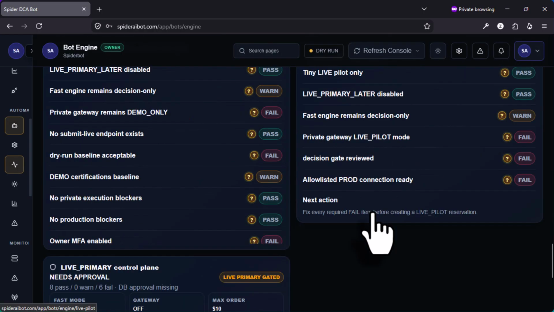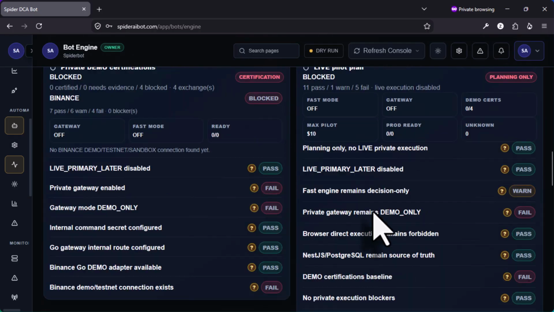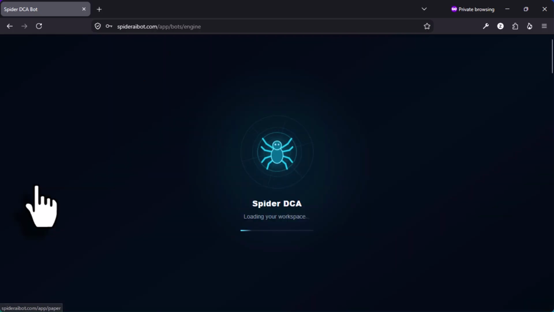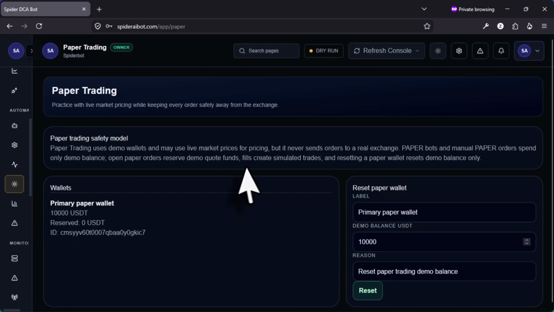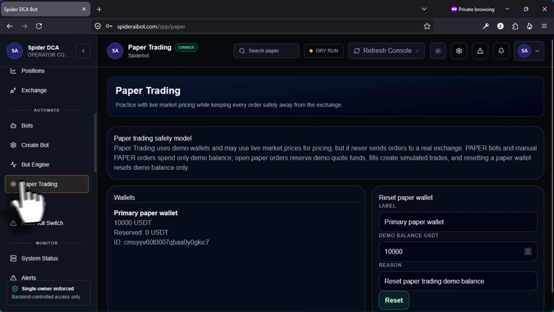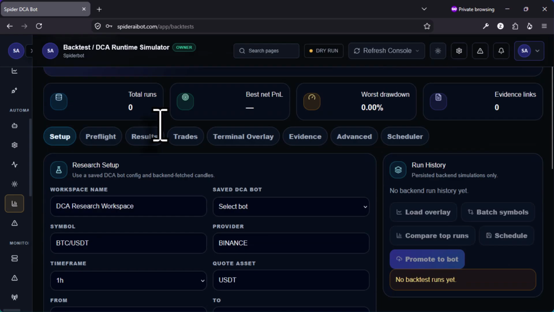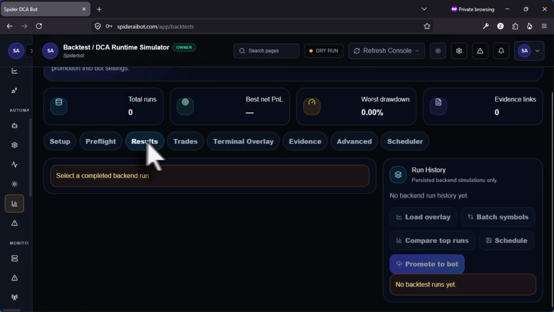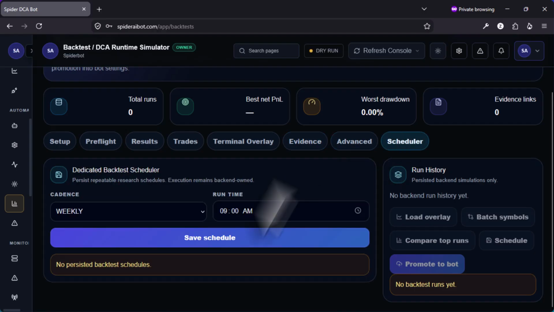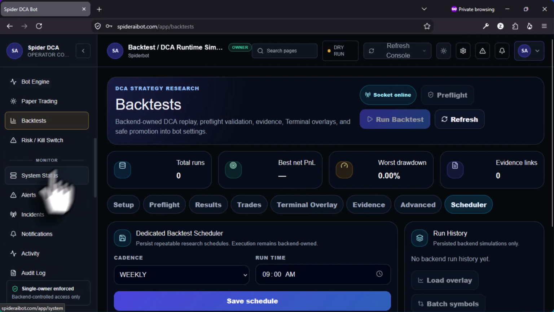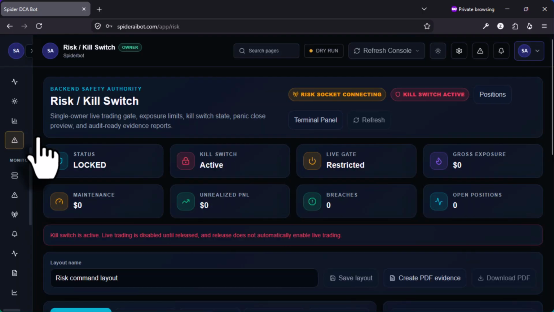So most of them can be turned on, right? So we have the paper trading. We have the back test. All these things are just the pages which I've already done the overview of in the previous video. So this video is just for the installation purposes and installation guide. So I'm just going through the application to make sure that what we have installed is working perfectly